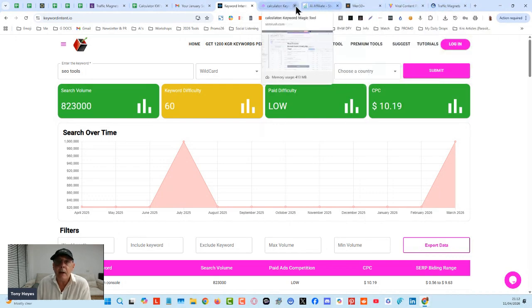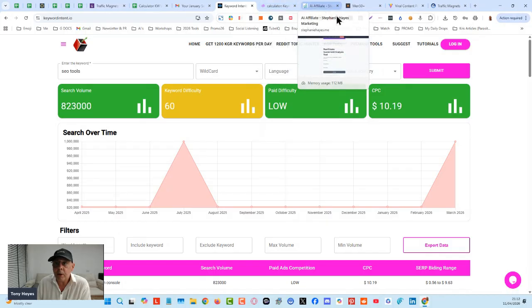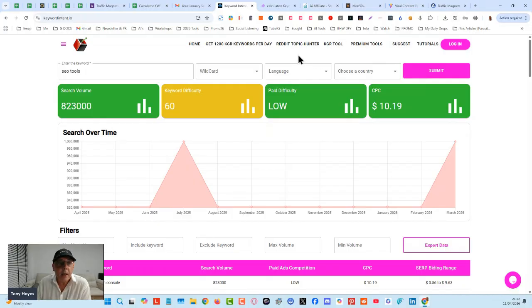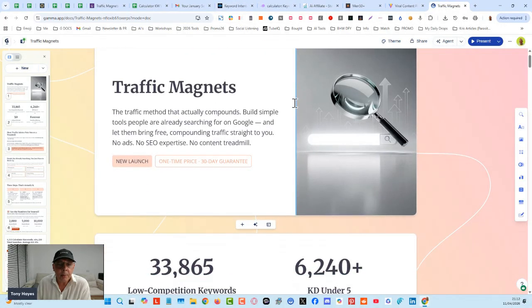They share free tool links with their peers, with their colleagues, with their friends, with their Facebook groups and Discord groups and Telegram, etc. You're getting a lot of traffic coming in for the first time, but you're also getting a lot of repeat traffic as well. So that's basically what the premise is here.